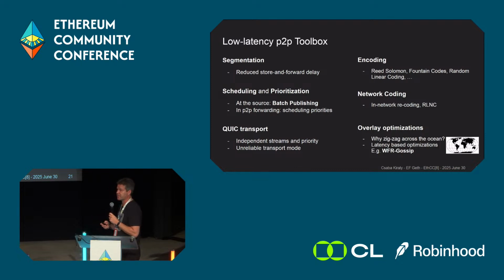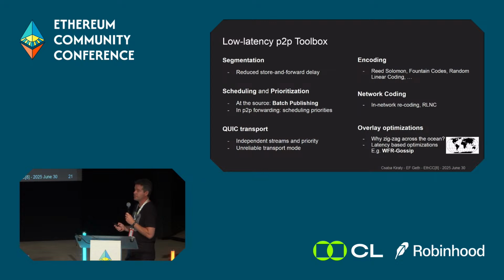Finally, with peer-to-peer networks, there is always the idea of overlay optimizations. We have to take that carefully. It's an easy way to partition the network, actually. But if you do it carefully, you can have performance gains with overlay optimizations, which basically means: why would you send the same message over the ocean back and forth many times if you can just send it once? To actually make it happen in a distributed way is not that easy. But you can find optimizations there.